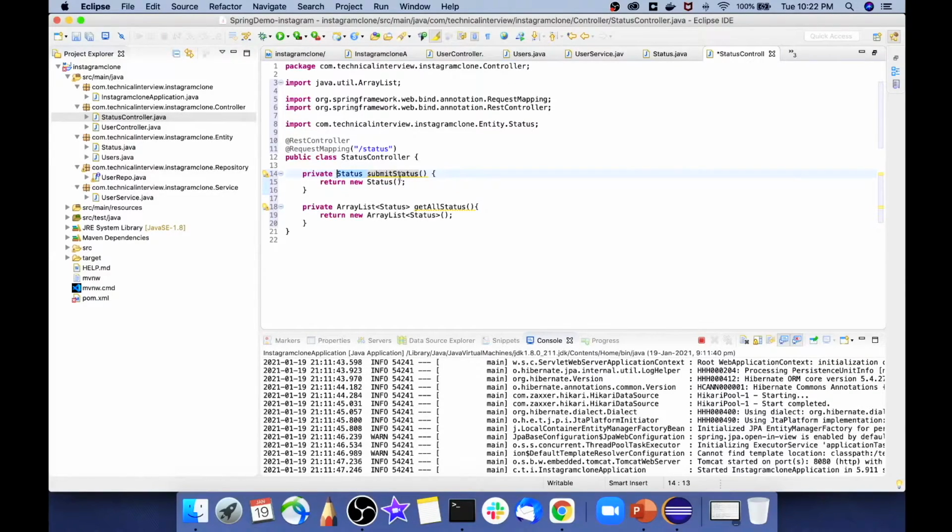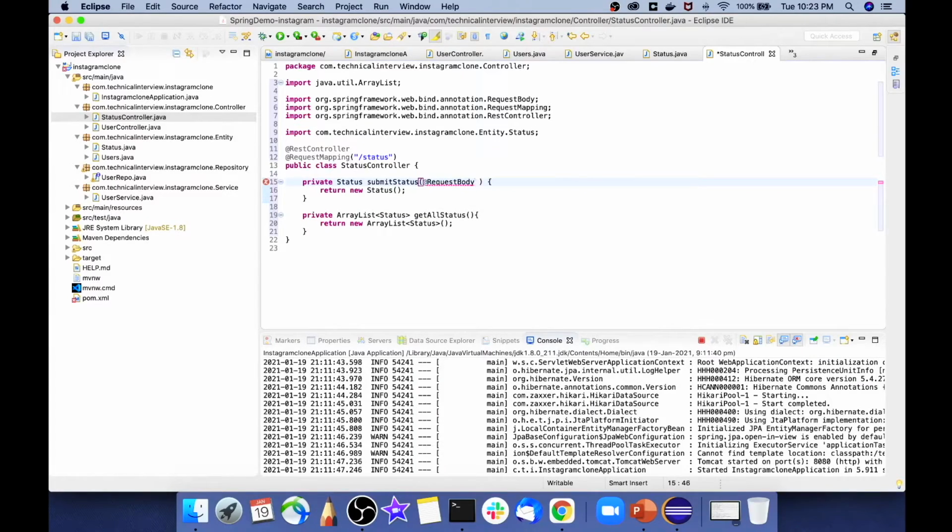in our database. And in the parameter, just like our user service, here also we will be sending the status in the request body as our parameter. So we will be annotating it with request body and we will receive the status as our request body. I hope now this is clear to you, because the way of implementing each and every API is more or less similar. So let's now create the method endpoint.